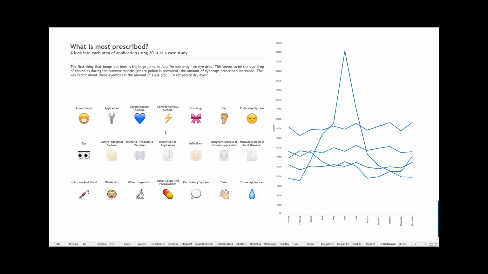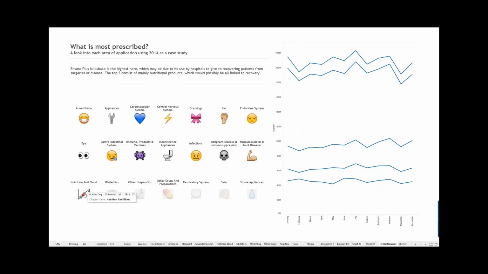And the most prescribed drug was actually a nutrition and blood one, which you look through here. And that was actually like a milkshake, Ensure Plus, which is a 12-flavor milkshake, if anyone's interested, which was prescribed 220 million times. Now, a caveat to this is, when I was talking to Sasha about this, she mentioned that